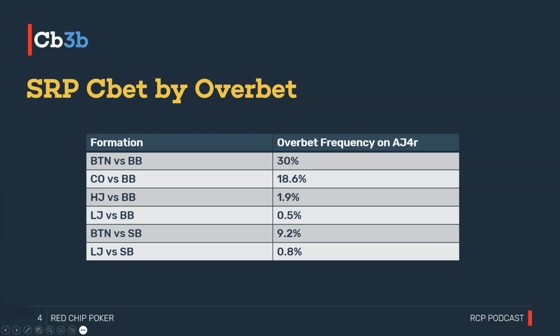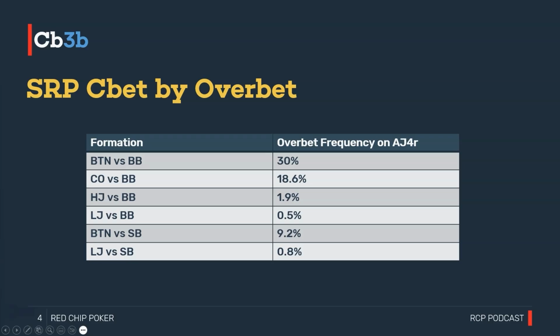Now, when we take an additional step backwards from the hijack to the low jack, the overbet frequency drops from 1.9% to 0.5%. Now, it's clear that there are strategic differences in the way that we're supposed to play hijack versus big blind compared to low jack versus big blind. But the change here is nowhere near as extreme as the changes we saw going from button to cutoff and from cutoff to hijack. So it probably is okay to group hijack and low jack into one formational bucket, the early position formation,